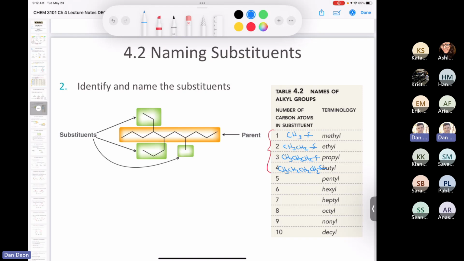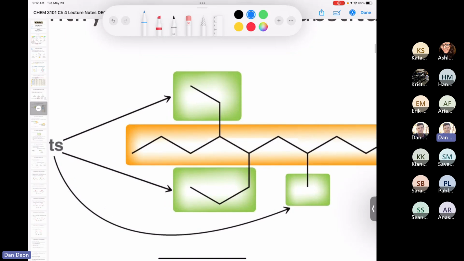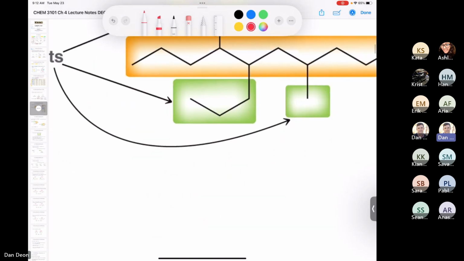So if we were to identify the first one here, could anybody identify this one? Would this be a methyl, ethyl, propyl, or butyl? The one I have in the red circle. Yeah, thanks, Sean. Absolutely, this is an ethyl group. Thanks, Sarah. Thanks, Eric. What about this one here? If I have 3 carbons like this, could anybody identify this guy? Yes, this is a propyl group. We have CH2, CH2, CH3, so that's a propyl group.